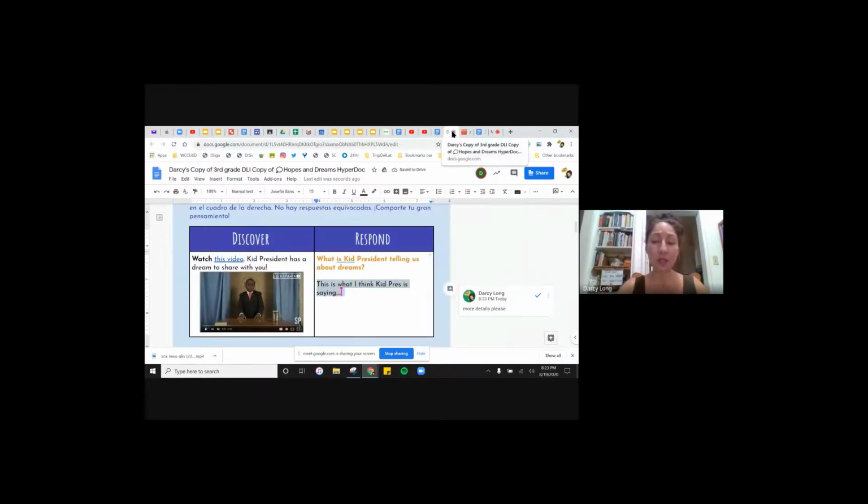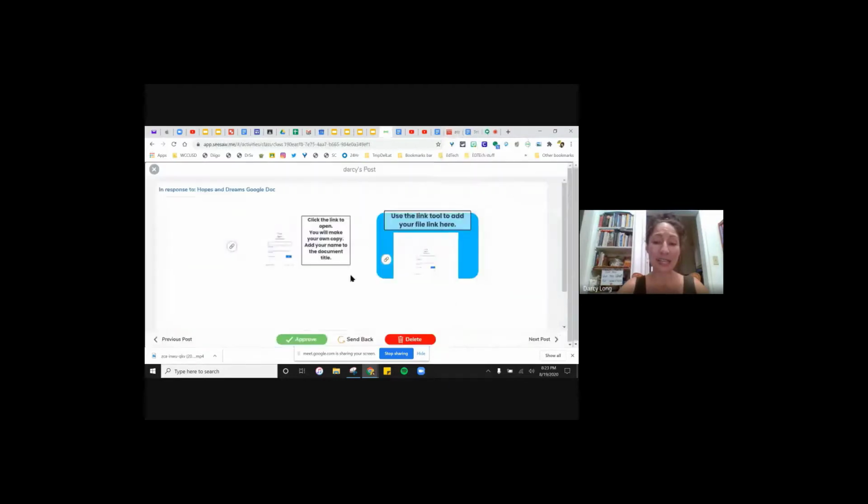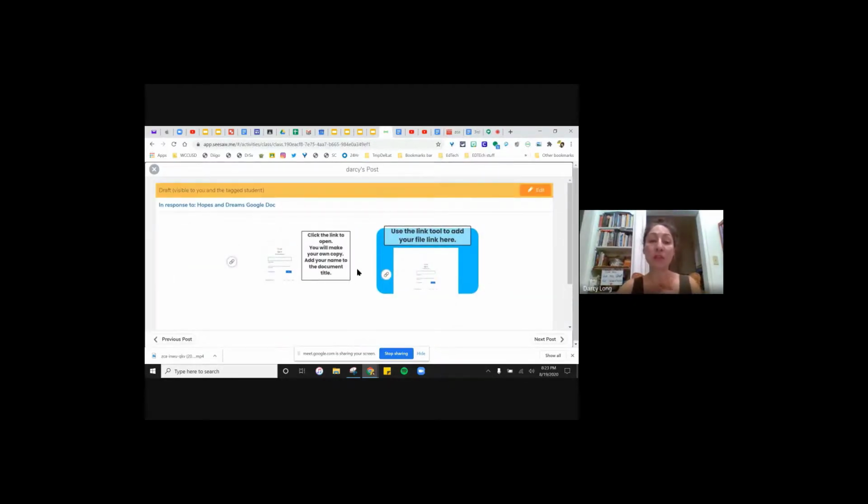Okay, so I'm going to close out that file. And again, here, I would send it back to the student because I want them to do more with that work, and that's letting them know. They'll also know when they open up the file again, but I want them to know in Seesaw that they need to go back and edit that work. All right, so let's see, what else? Oh, I wanted to show you